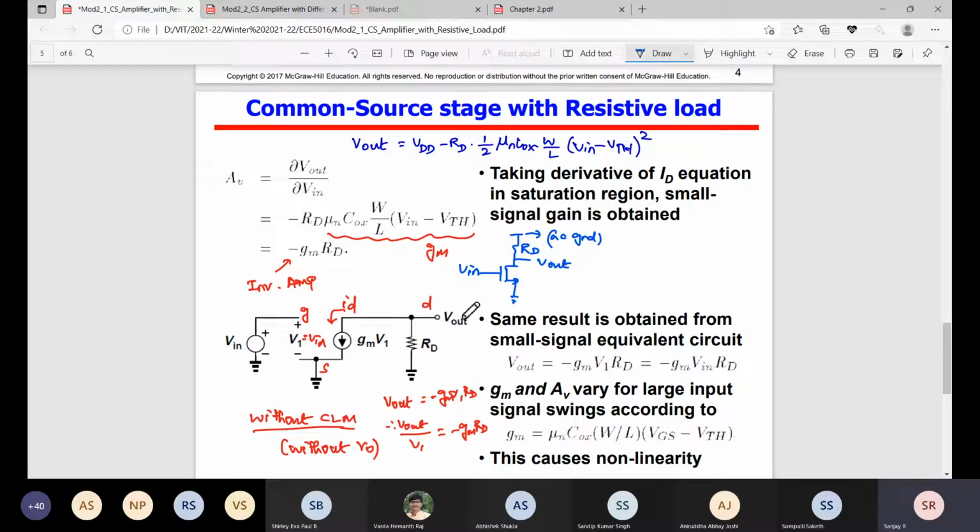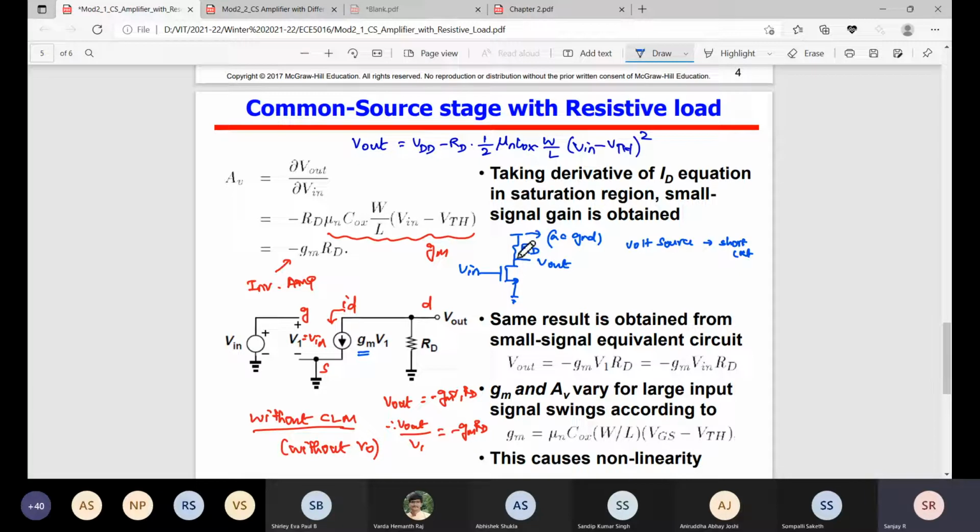So when you convert this circuit to small signal, voltage source means the supply voltage source should be a short circuit. Then only the voltage will become 0, because you will nullify the DC, because what are the DC points here? gm. Then what about r0? The DC points we consider here.